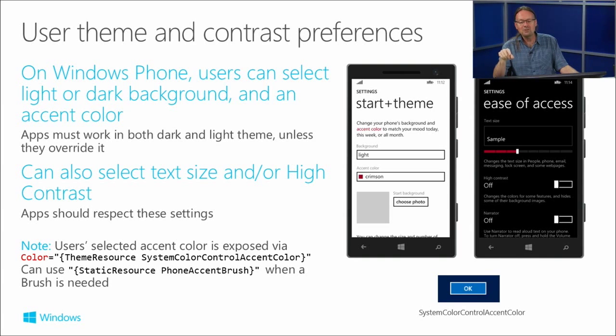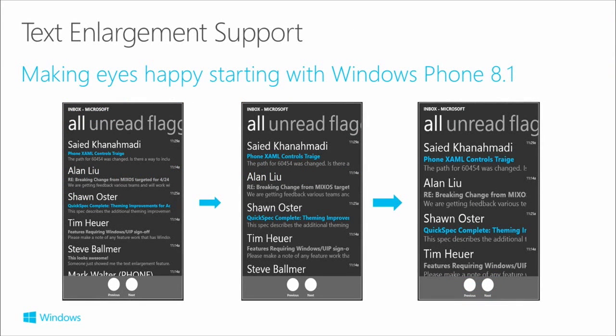We've also got in Windows Phone 8.1 really good support for ease of access. So if you have trouble seeing small text and you want to make it bigger, you can change your text size in the ease of access control panel shown on the right there. And this will now apply across, if you use the standard controls, text block and text box and that, this will apply to all third-party apps as well. And this is because of these theme resources. These theme resources that are being applied respect these settings. They're kind of smart resources, if you like. So yeah, this is text enlargement support.